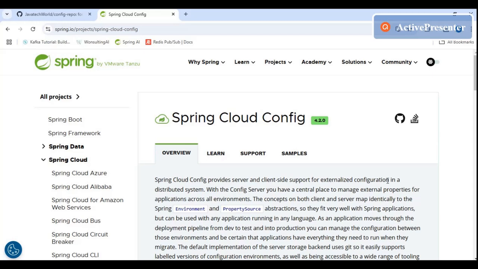So those configurations need to be externalized. Like it can be kept on a cloud, it can be kept on any directory, right? And then we can access those properties from that directory using Spring Cloud config, right?